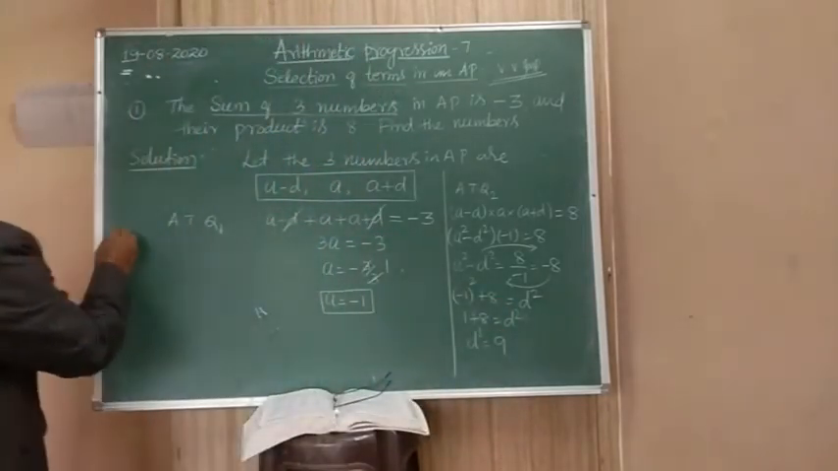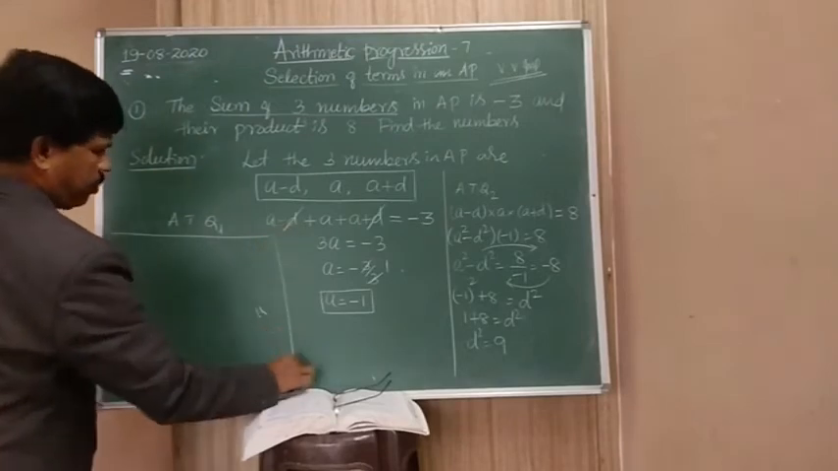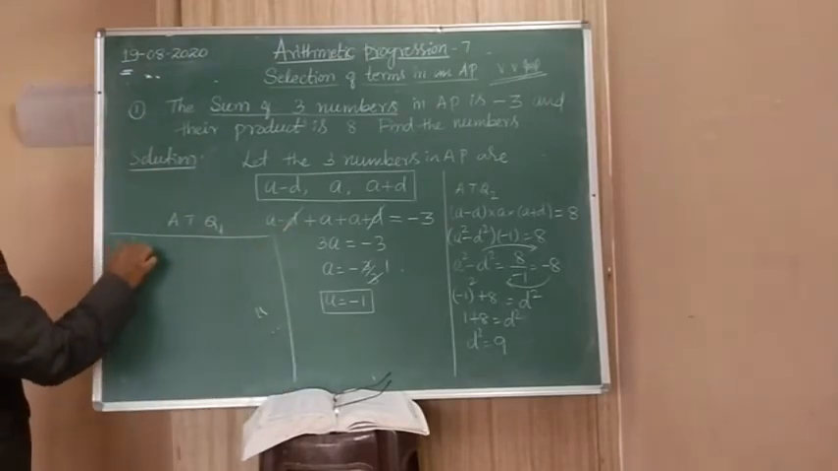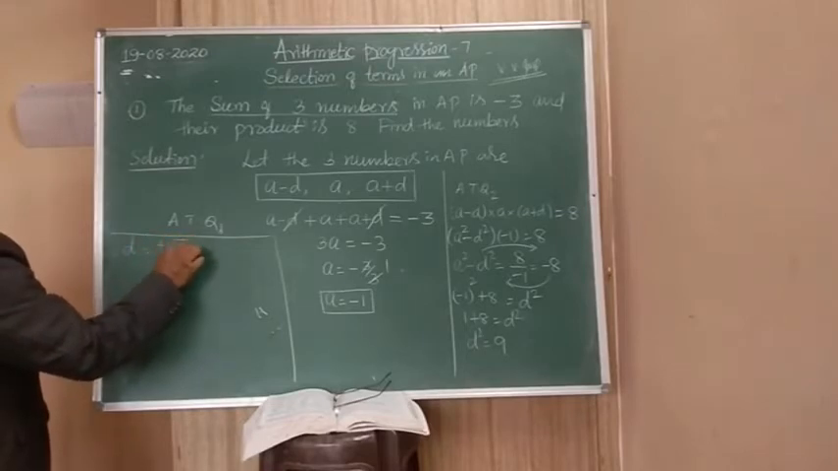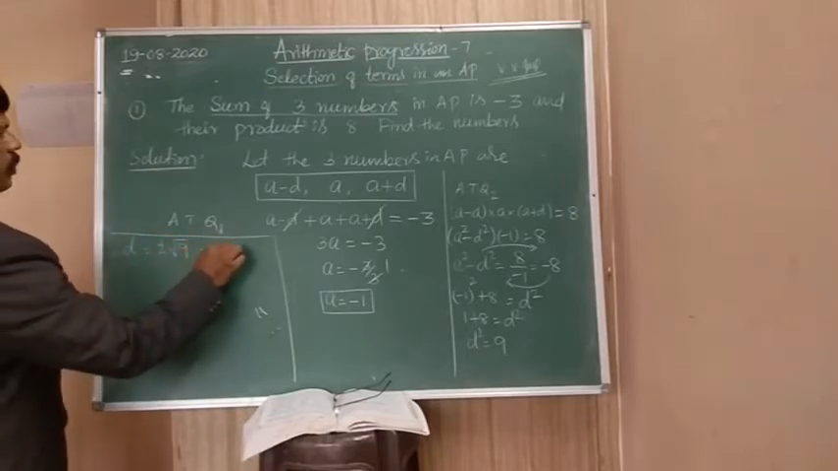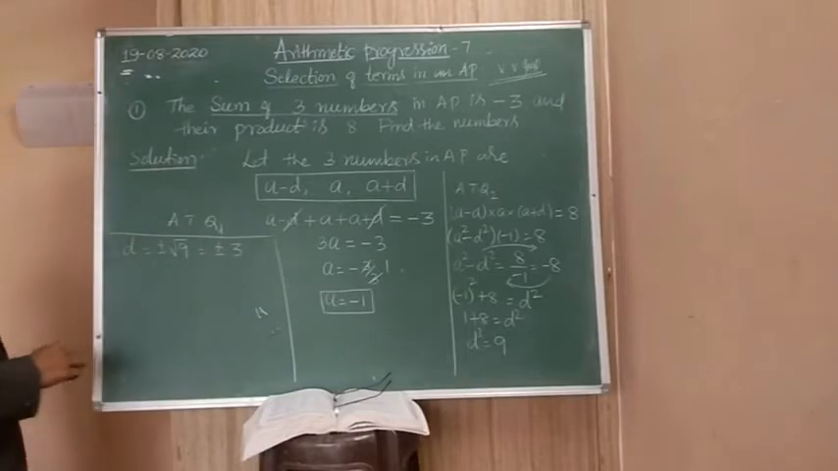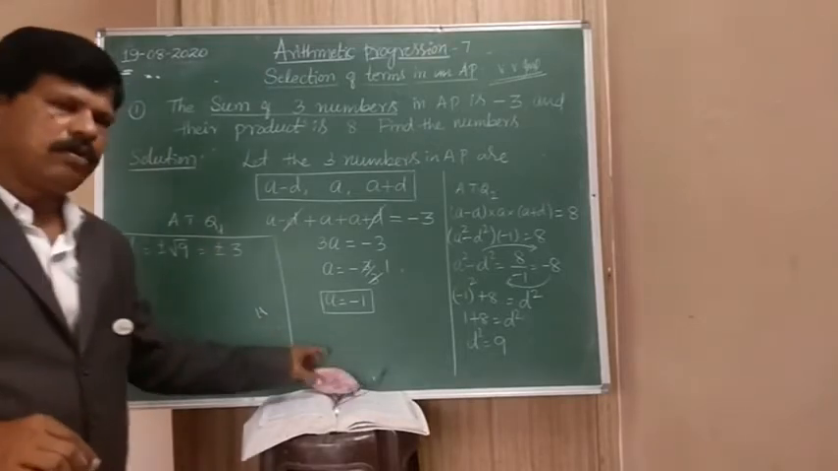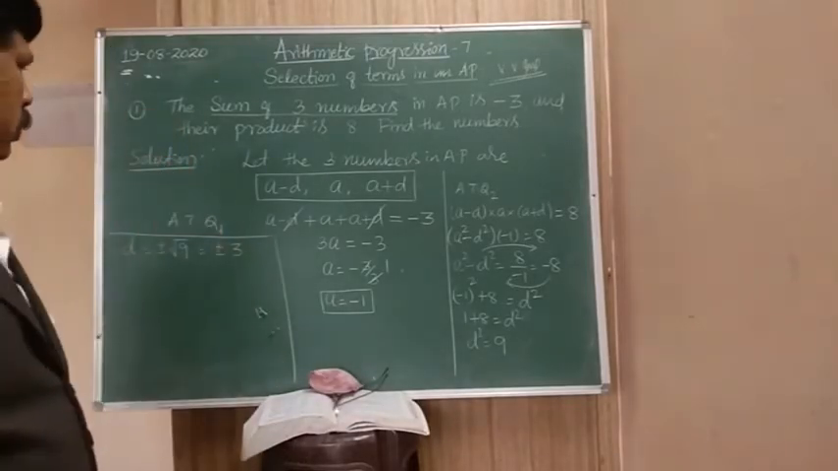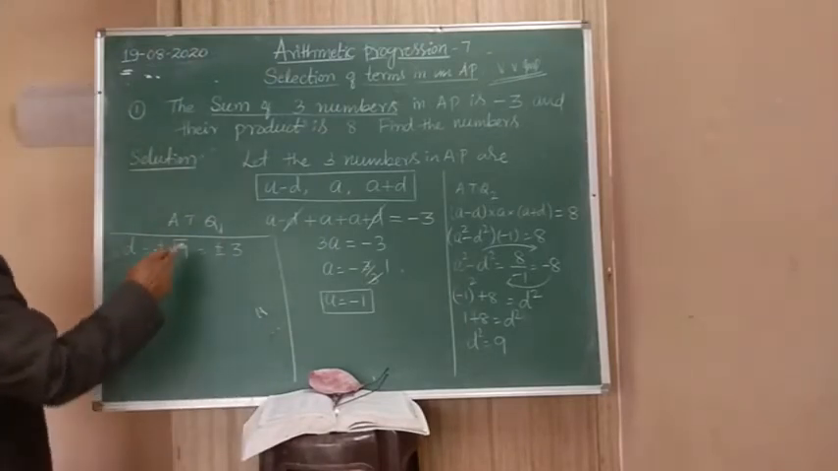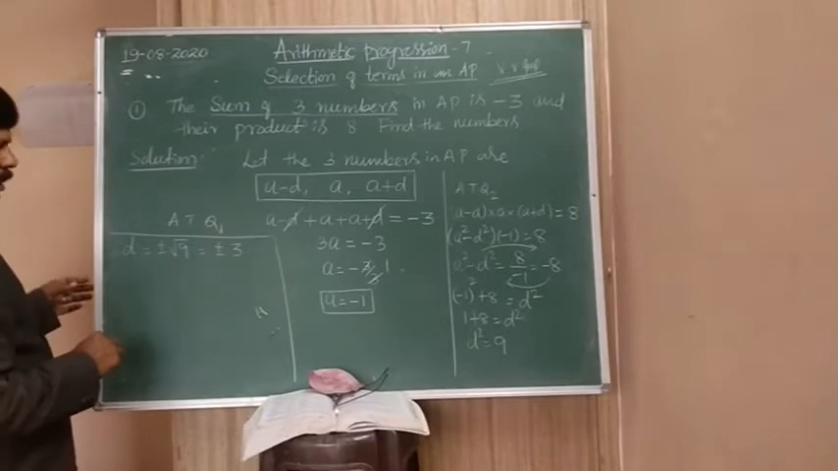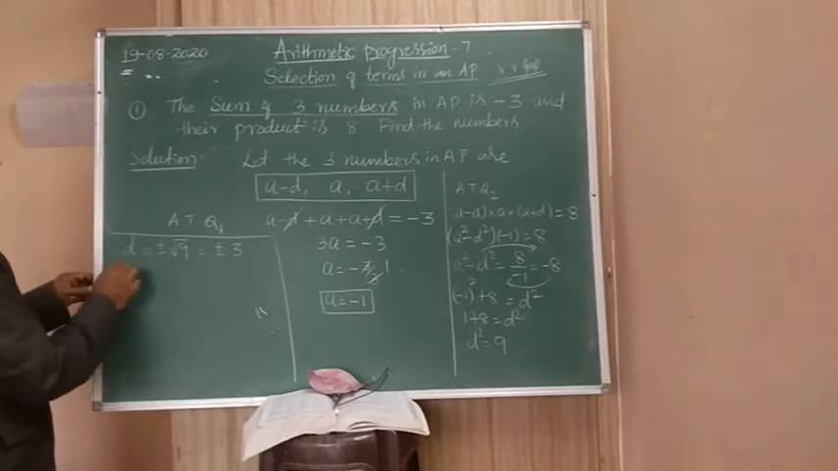I am writing here: D is equal to plus or minus root 9, so plus or minus 3. So for the D value, you have two values. For the value of D, there are two chances. One is +3 and another one is -3. Now the three numbers are